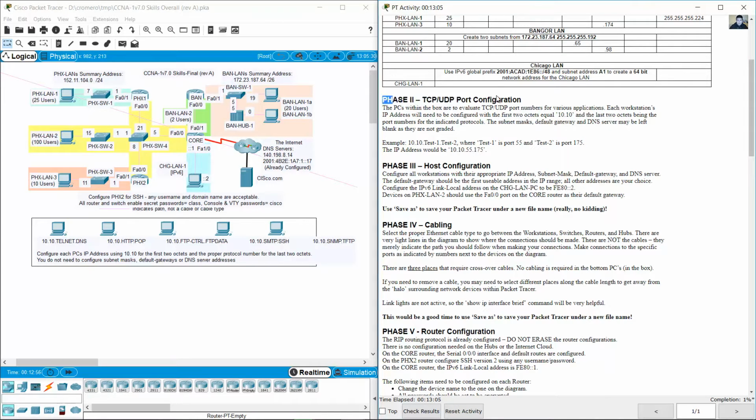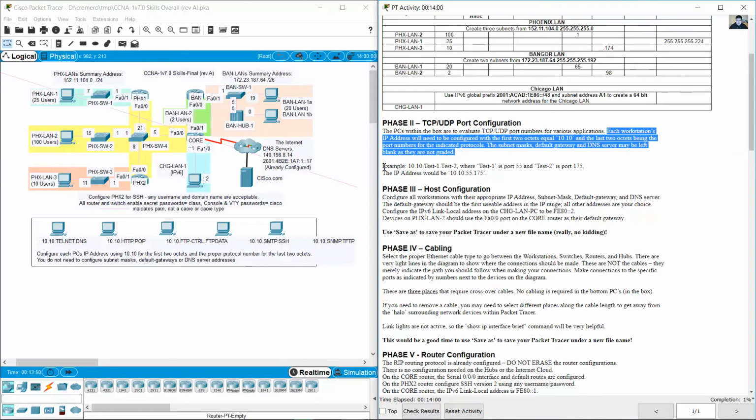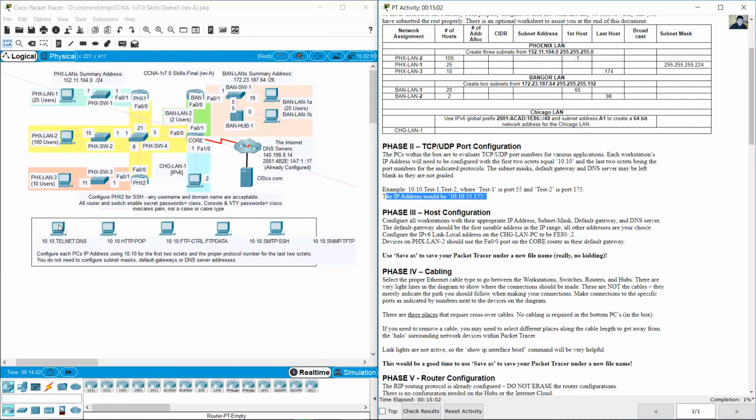Phase 2, TCP UDP port configuration. Example: 10.10.test1.test2, where test 1 is on port 55 and test 2 is port 175. The IP address would be 10.10.55.175. Okay, for example,